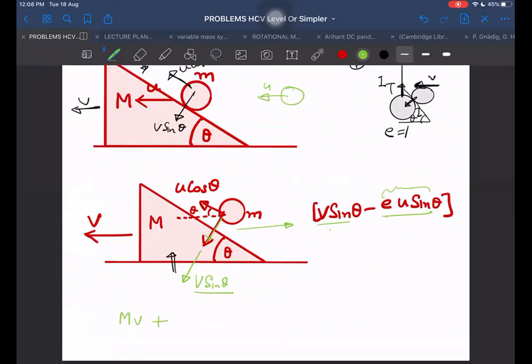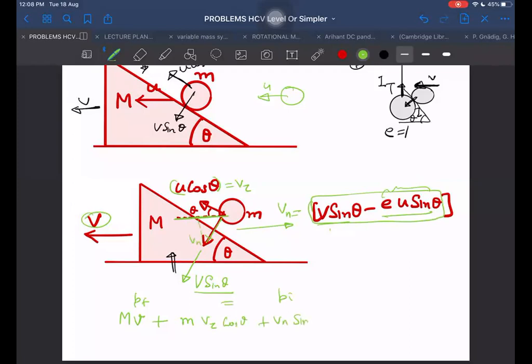Now it is the final V. First you are writing final momentum, which is equal to initial momentum. So M into V is equal to small m into... now I have to be careful. It has two components, u cos theta and another component, which is v sin theta minus e u sin theta. Let us call it Vn, and let us call the other one V tau. So I will be writing simply V tau cos theta plus the component of Vn in this direction.